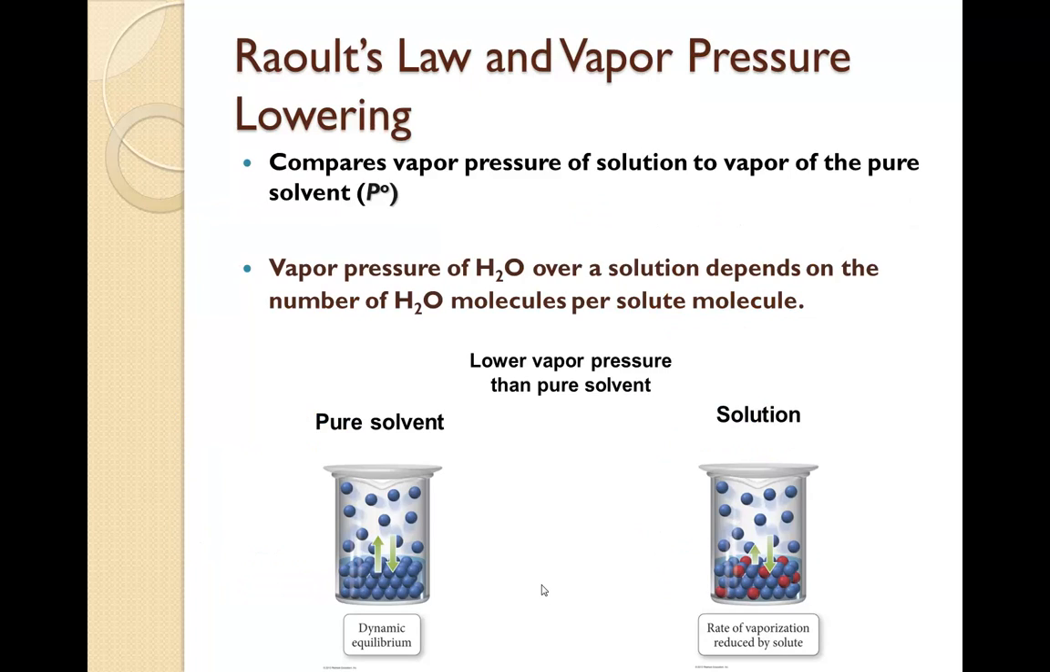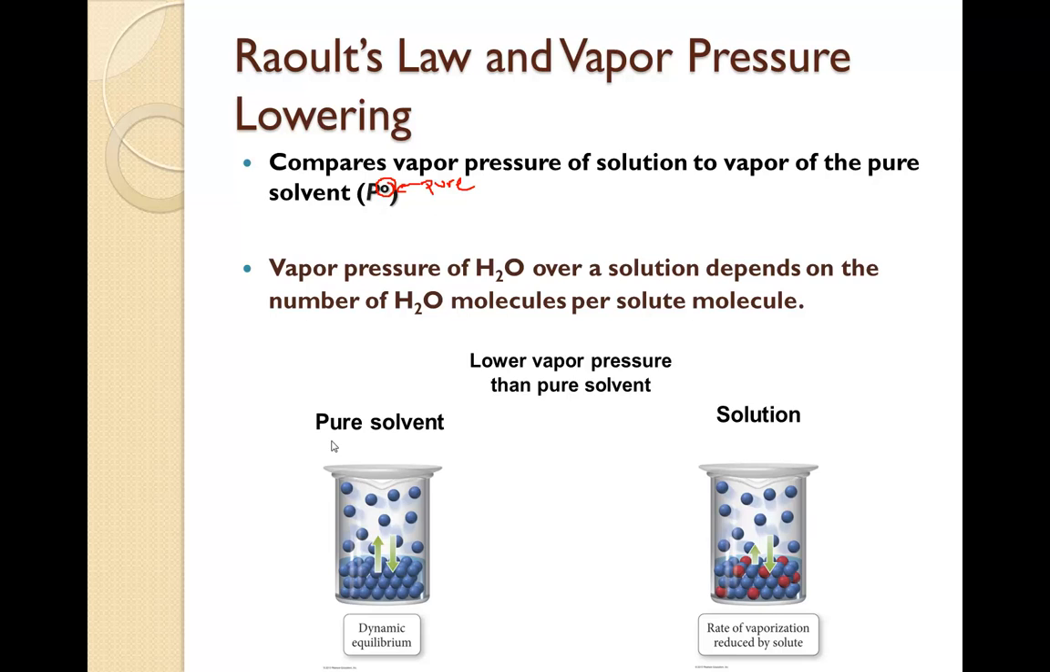Raoult's law compares the vapor pressure of a solution to the vapor pressure of a pure solvent. Notice this little circle up here. That means that it's pure. The vapor pressure of water of a solution depends on the number of water molecules per solute molecule. So if you look at these pictures down here,